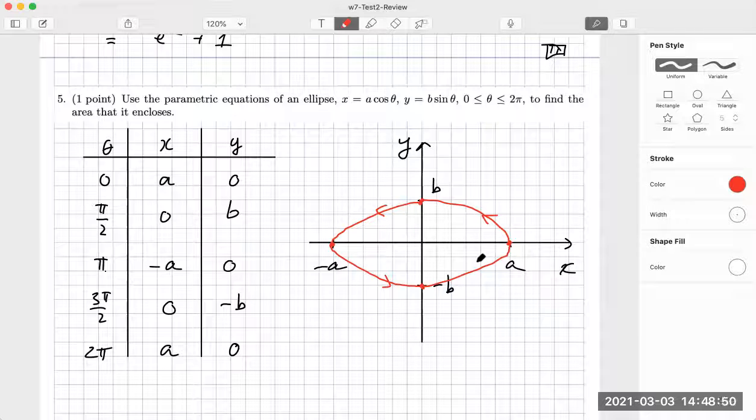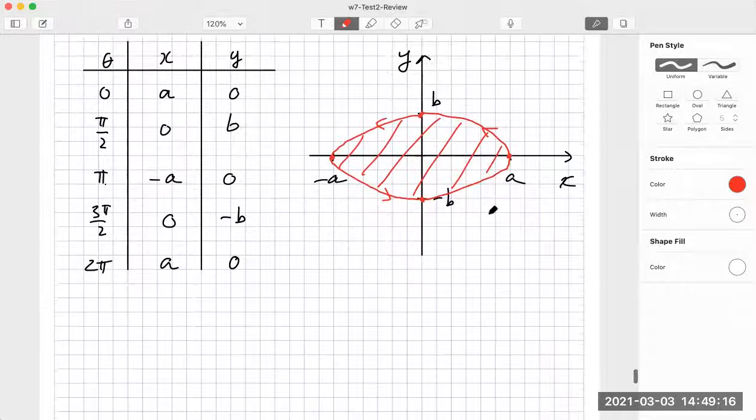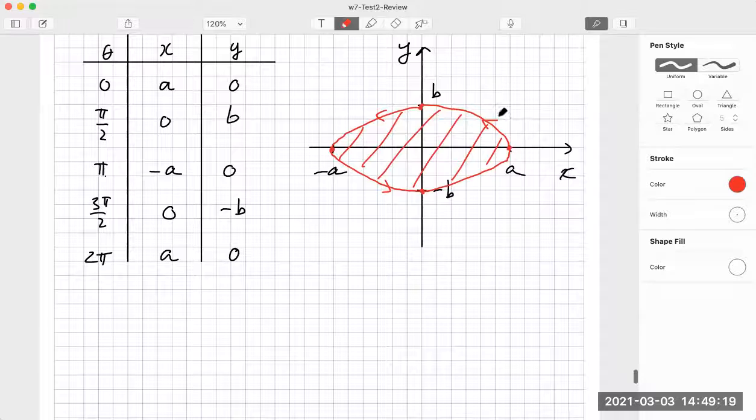We see that. And the question is, use these equations to find the area enclosed by this curve. So take a look at the notes I gave you about section 10.2. We see that this is the curve y. Then we know that the area enclosed by these parametric equations, if we do it in Cartesian coordinates,